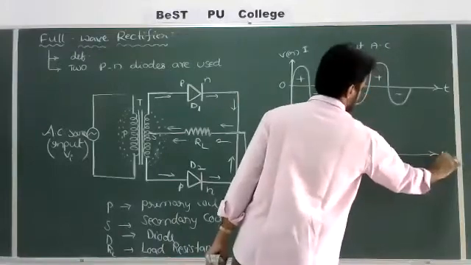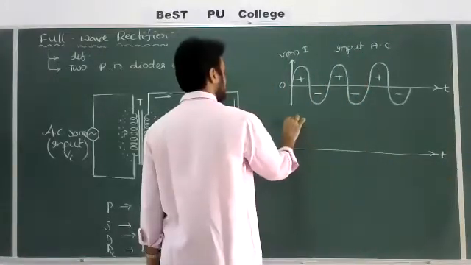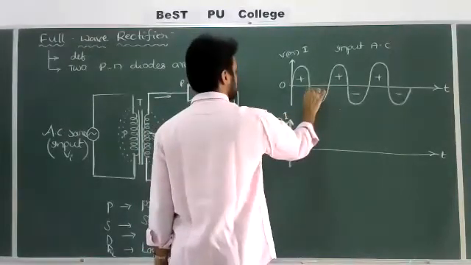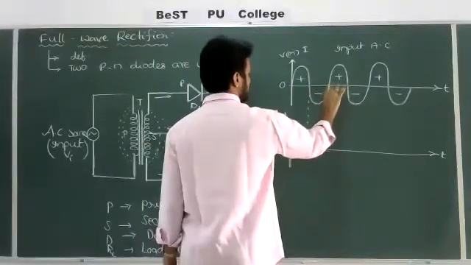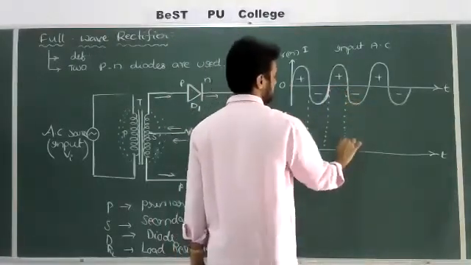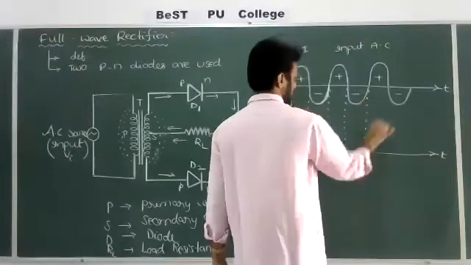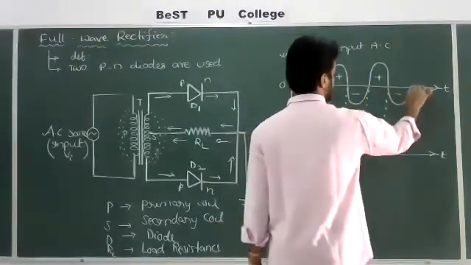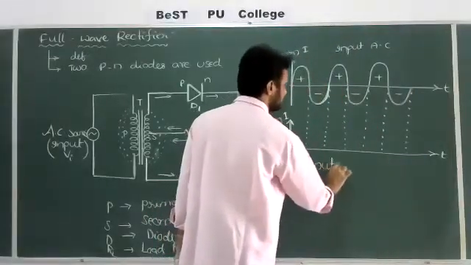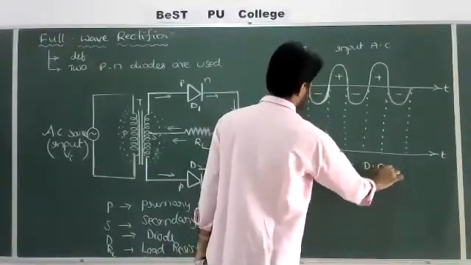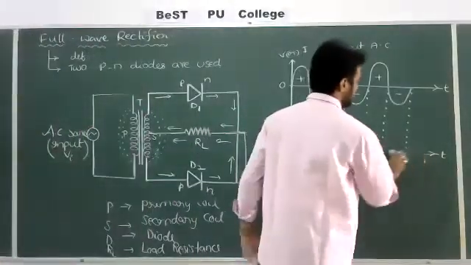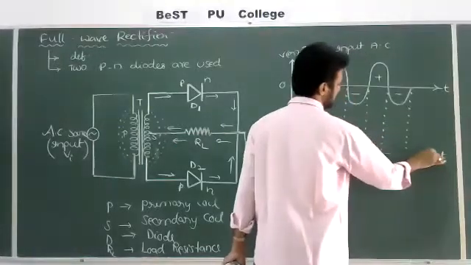In the same way, I'll draw the output DC here. This will be time, and either voltage or current will be taken on the y-axis, either V or I. Now here the first half of the cycle, and again the next half of the cycle should go like this. The dotted line indicates the first half of the cycle and the next half of the cycle. Then we have to check how the current will be flowing. That's why it is called output DC, direct current. These two graphs are important, but the second graph is still not completed. I'll complete the graph during the explanation.